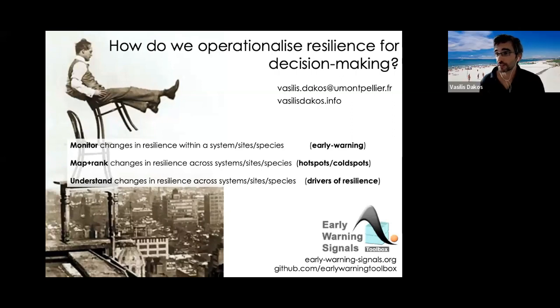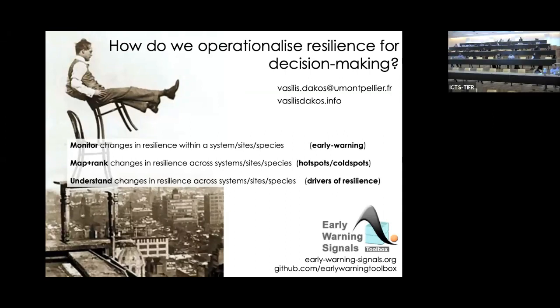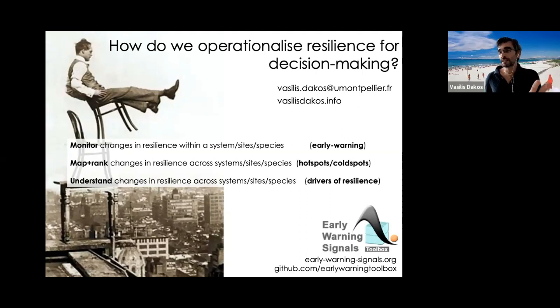You say across space? Yes, sir. Maybe it wasn't very clear, or I didn't explain it enough, but in this example that I saw with forest, the resolution of that map is a forest patch. So that would be like a 1 kilometer by 1 kilometer patch. So if I want, for example, to rank different patches in this forest exercise, I know a value of resilience for every patch, so I can rank them basically on that value